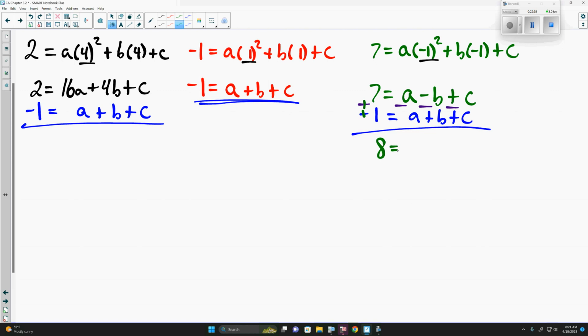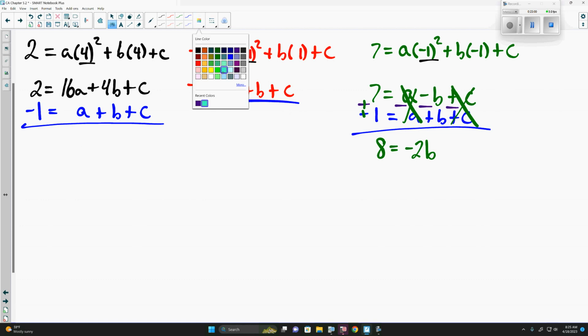A minus a is, well, 0. That's kind of nice. Negative b minus b is negative 2b. And c minus c is 0. So that actually worked out nicely. We can go on and finish this up